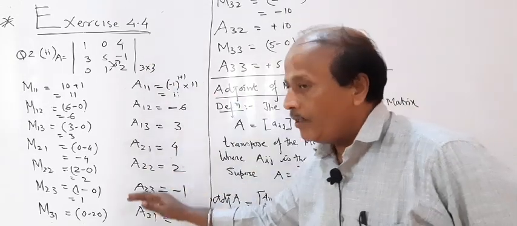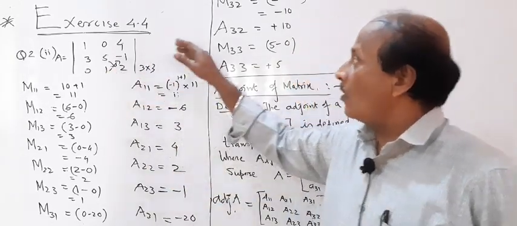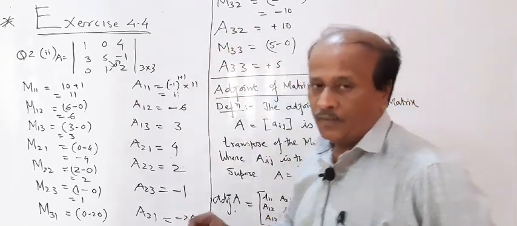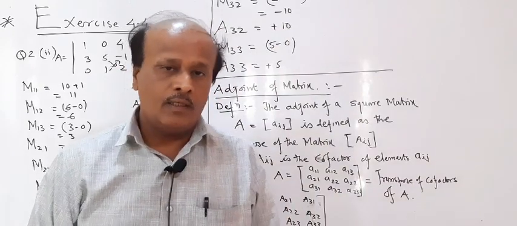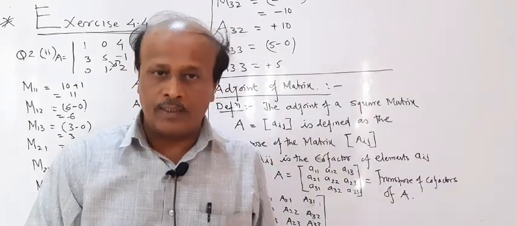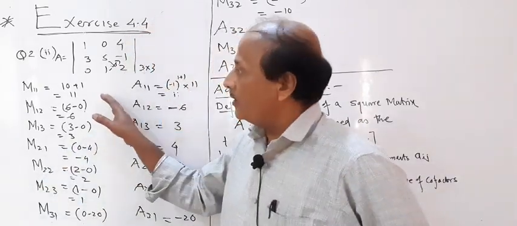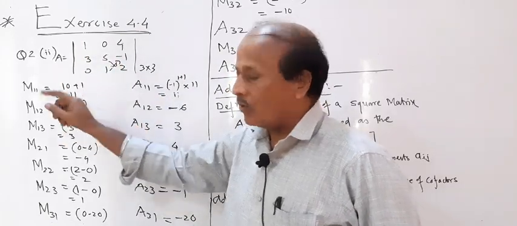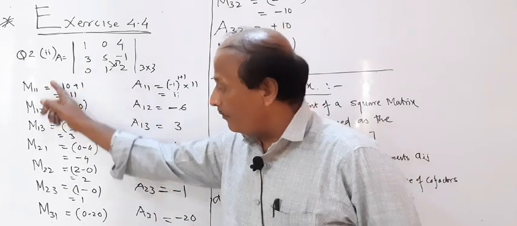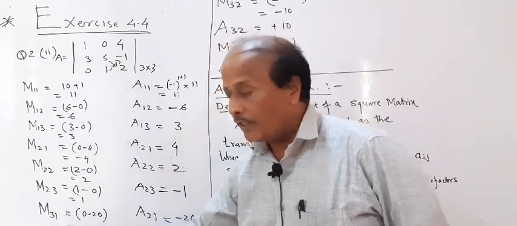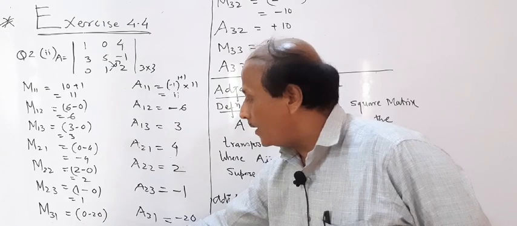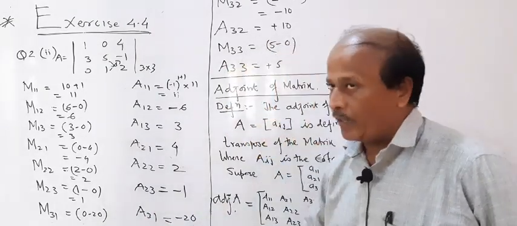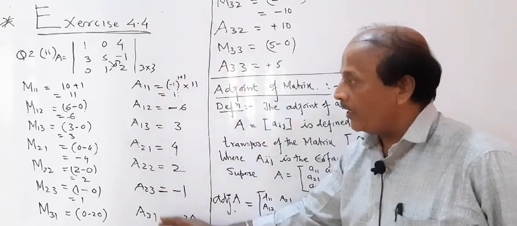In that way you will get the 9 elements of question number 2. Take precaution while taking the elements. Whichever the elements you are going to take, remove that row and column elements, and then you expand just like we did in the earlier exercise. So how many minors and cofactors you are going to get? 9. Already we made the list. So according to that, you cross multiply the elements and then find first of all the minor and then cofactor. So I made a list of 9 elements.